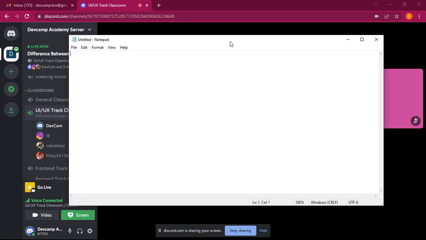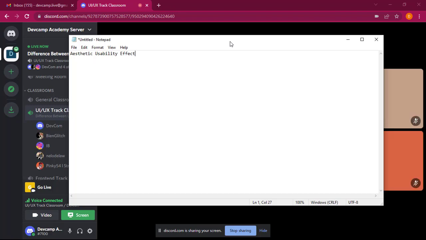First of all, there's something called the aesthetic usability effect. There is this thing about creating aesthetic designs, making designs pleasing to the users. So when you are designing a prototype for a particular application,